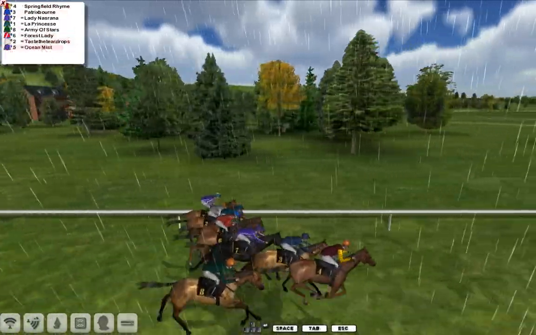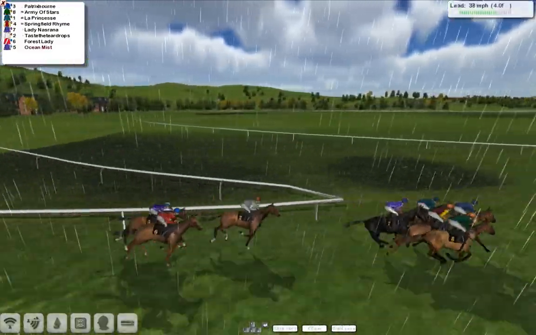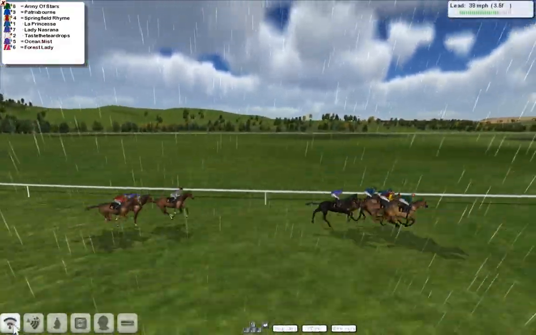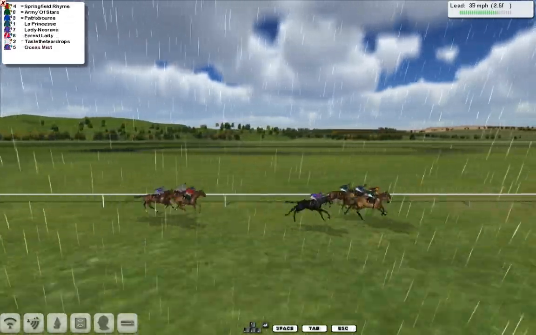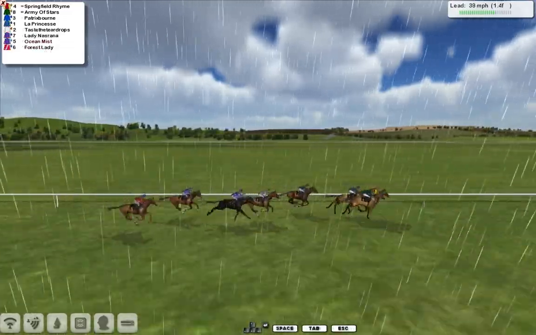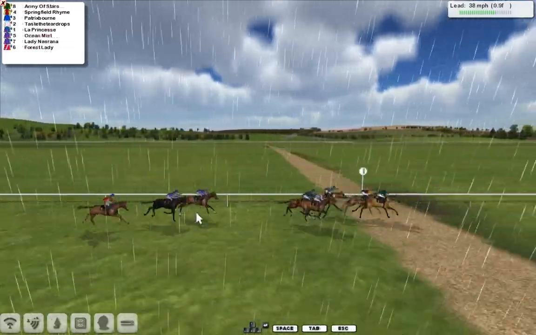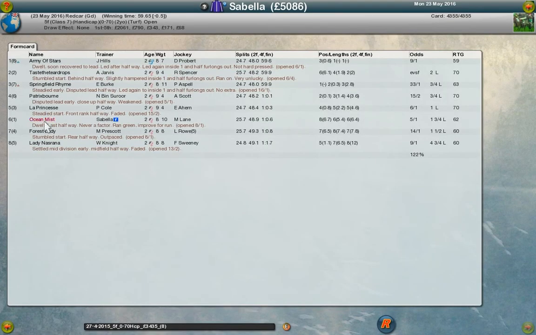Alright, she broke okay. She's being held up. Oh god, look at her. That's not ideal. This is a short race. You don't need to hold her up like that. Oh, she's last. Oh no, she's last. Come on. Come on, Ocean Mist. That's a pretty name. I do like that name. Come on. No. Third last. Okay, I really should have...